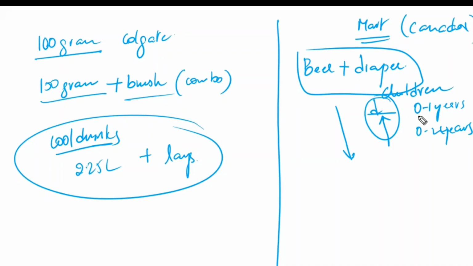The diaper will be satisfied by their wife, the beer will be satisfied by that person. Both are satisfied. That night will be completed. Right? So they analyzed all these things. They did not do it by default like this. After observing multiple transactions, they came up with a combo, that is beer and diaper. They just kept both of them side by side. That's it. They have not done any kind of combo offer.